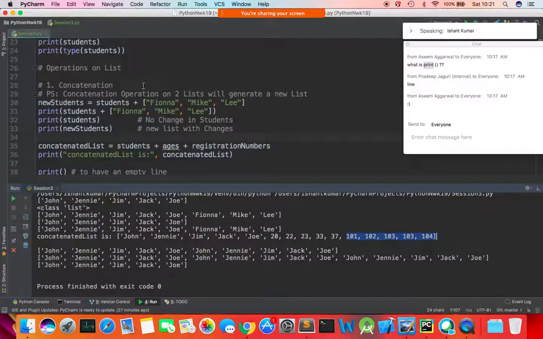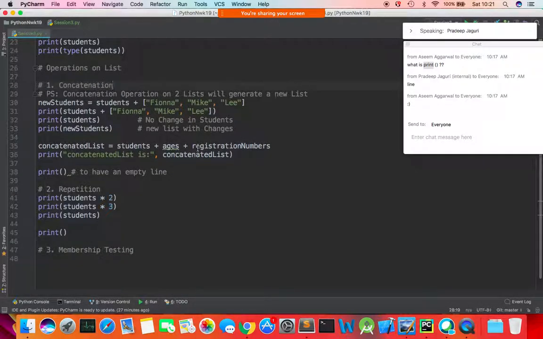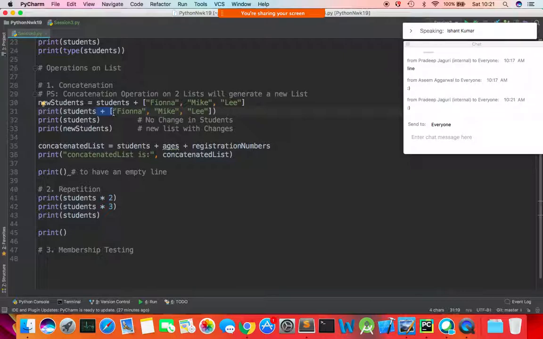So the plus operation will concatenate, and the multiply operation will help us to replicate the data in the list. There are many reasons why we need to replicate a list. Sometimes you will replicate a list, work on the first part of the list, process and change the data, so you have original data and the modified data in the same list when you replicate the list. So in the membership testing,